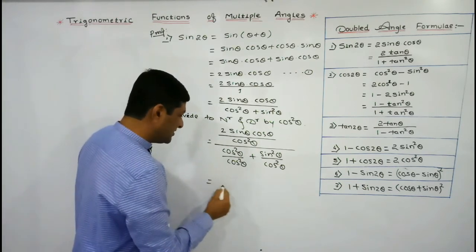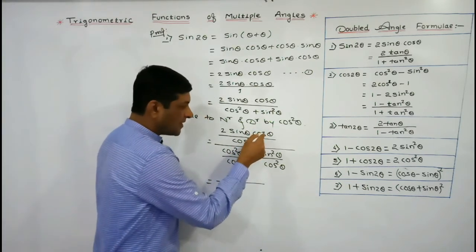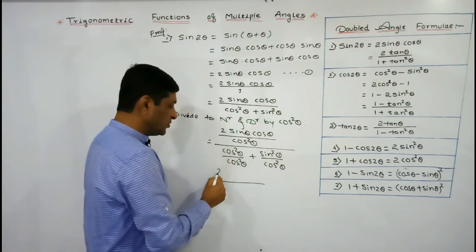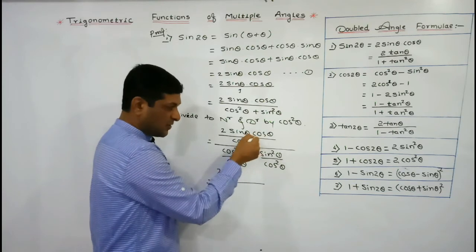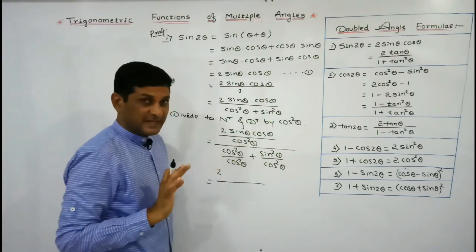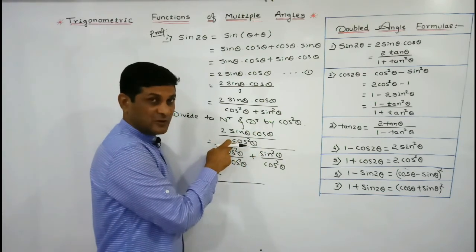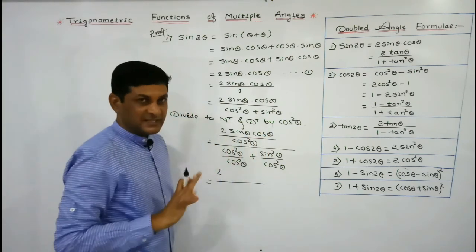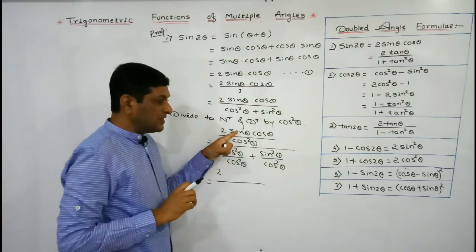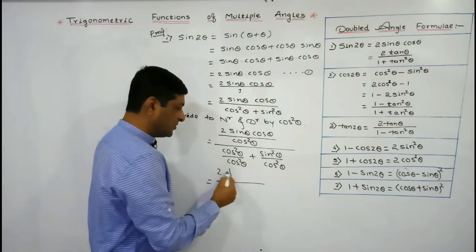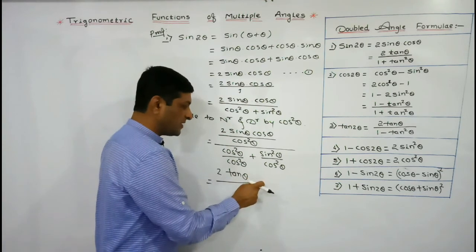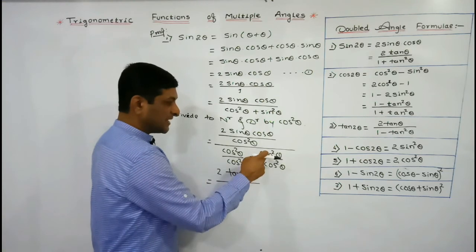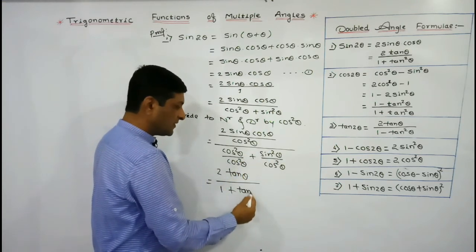See what we are getting in the numerator now. Here the cos theta and 1 cos from cos square will get cancelled. So what is the remaining term? 2, and 1 cos is remaining in the denominator. So the remaining term is sin theta upon cos theta, and we know that sin upon cos can be written as tan theta. Here cos square divided by cos square is 1, plus sin square upon cos square will be equal to tan square theta.